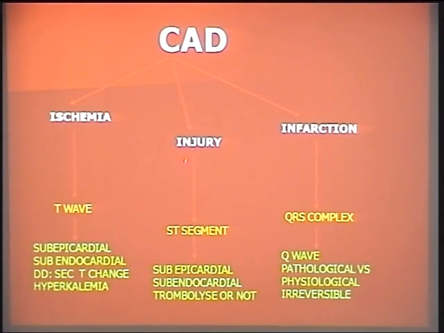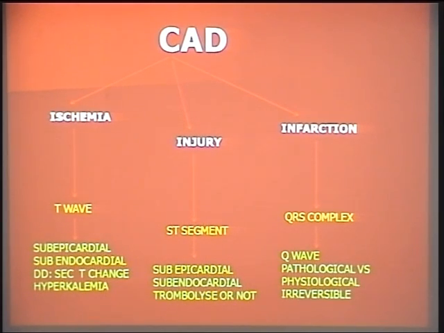When there is an injury, you have to look at the ST segment. It can be a subepicardial injury, which will produce an ST segment elevation. Subendocardial injury will produce ST segment depression. Subepicardial injury is acute total occlusion, red thrombus, myocardium is dying, you must do a thrombolytic immediately. Whereas subendocardial injury is critical occlusion, white thrombus, viable myocardium is still present, you must give heparin and aspirin and